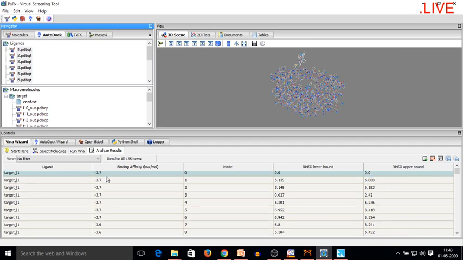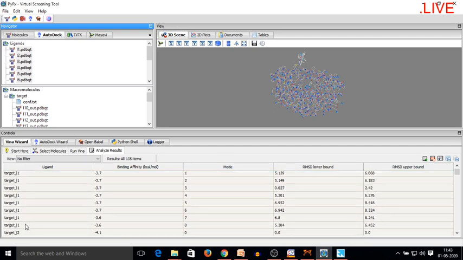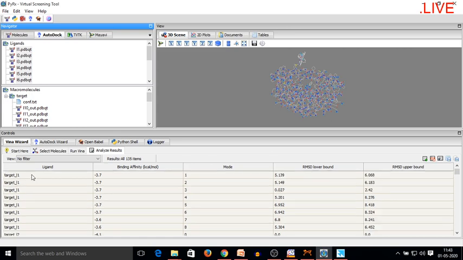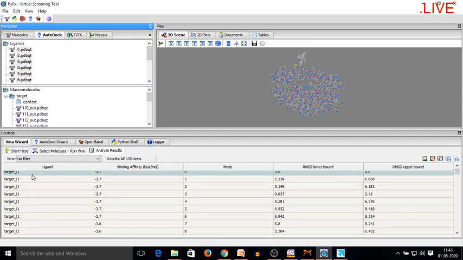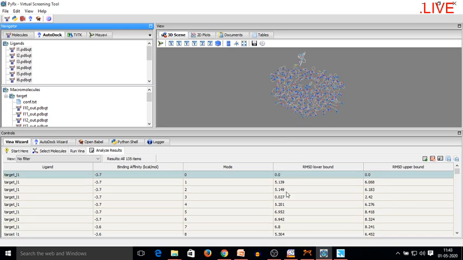Now you can see that it is L1, L1, L1 for n number of times. So you can just count 1, 2, 3, 4, 5, 6, 7, 8 and 9. So 9 conformations are available for that L1 which was associated with the target, and the RMSD values of all